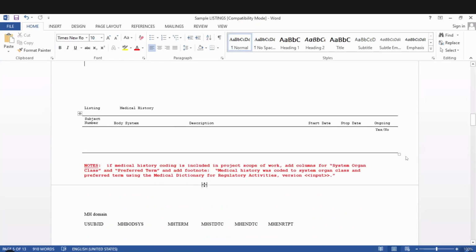See, you can also tell me, okay? Tell me medical history details. Subject number, body system, description, start date, stop date, ongoing. Which domain, which variables do you have here? Which domain can I use? Which variables? Straightforward, the MH domain. What are the variables? Subject number is nothing but